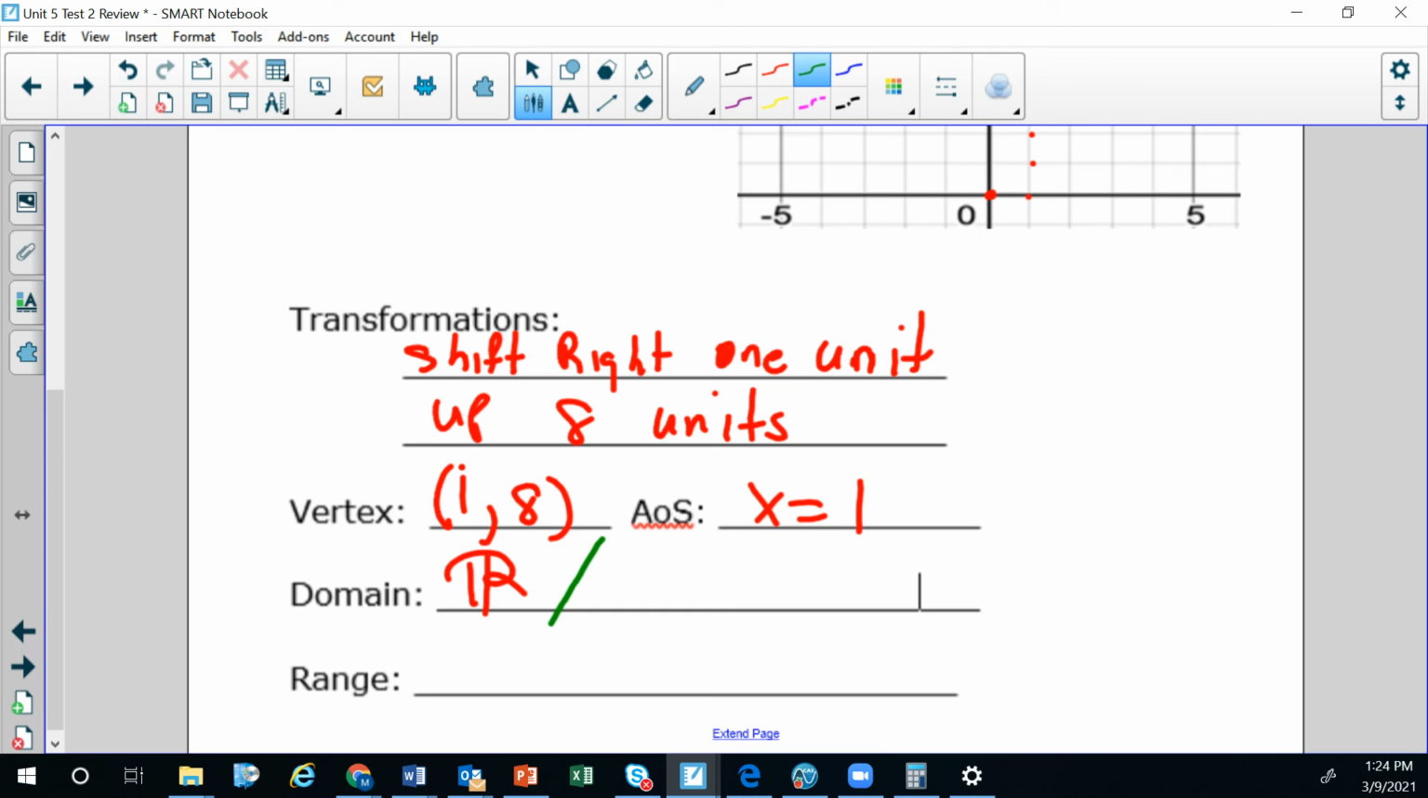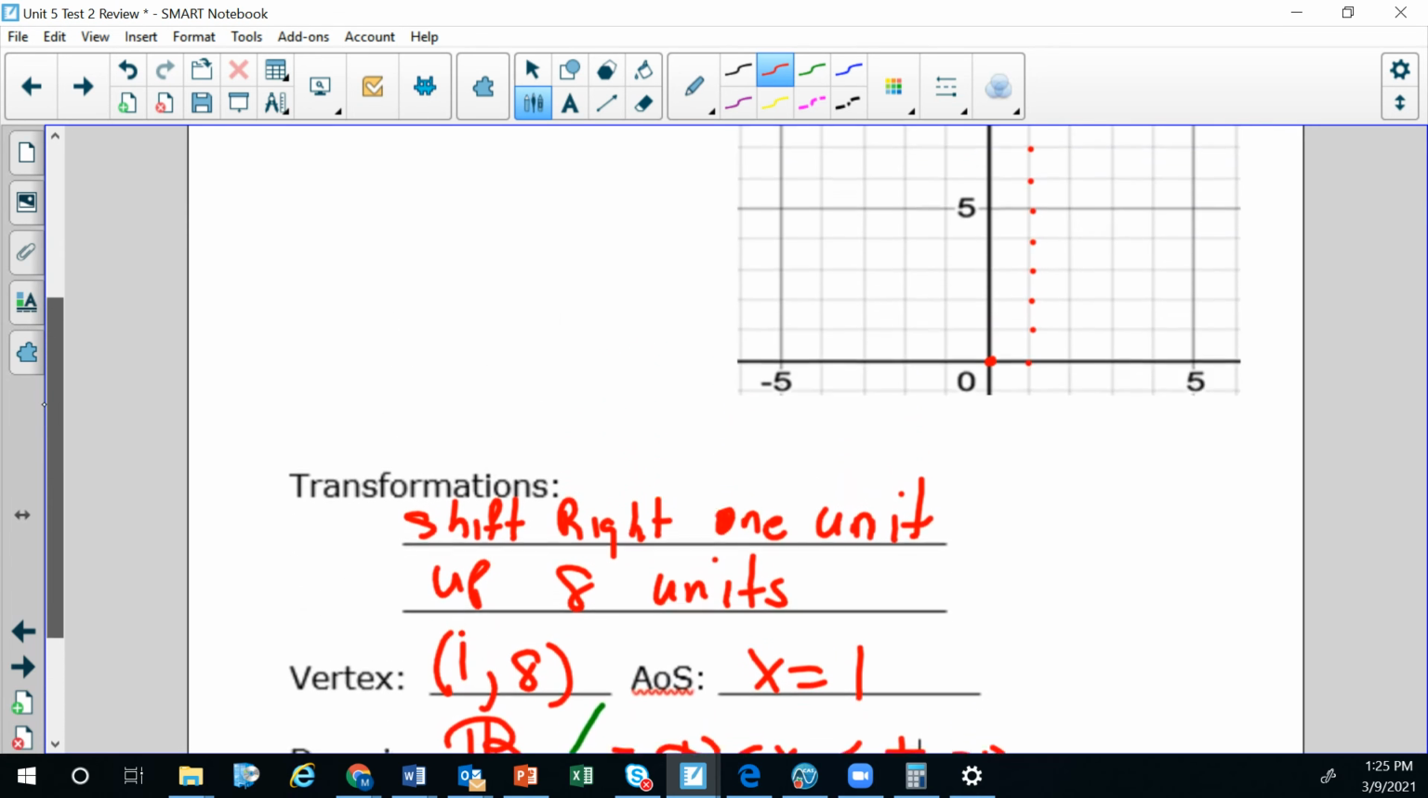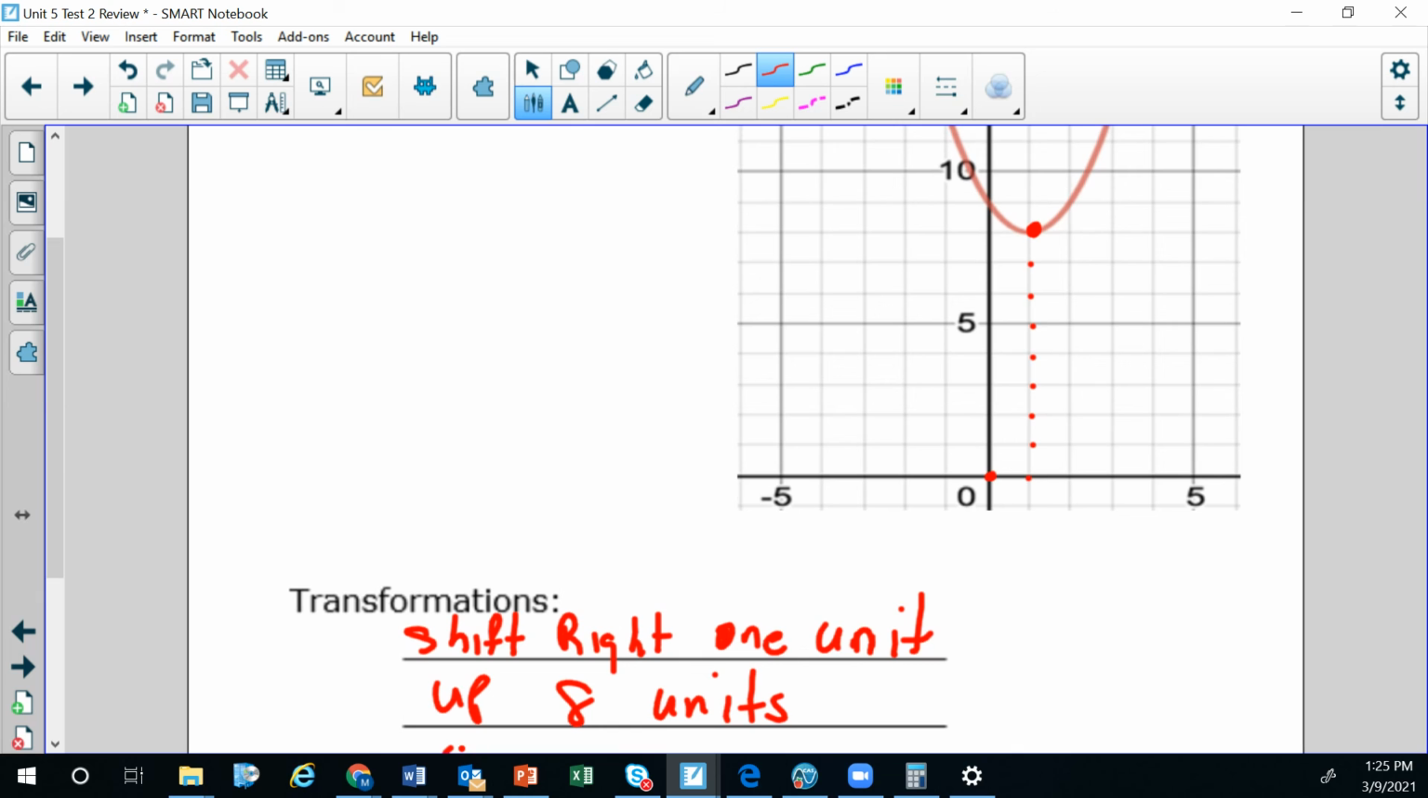And then R, it can be from -infinity to positive infinity. Domain, and we use a less than symbol. Okay. On the range, again, if you use that ruler trick,